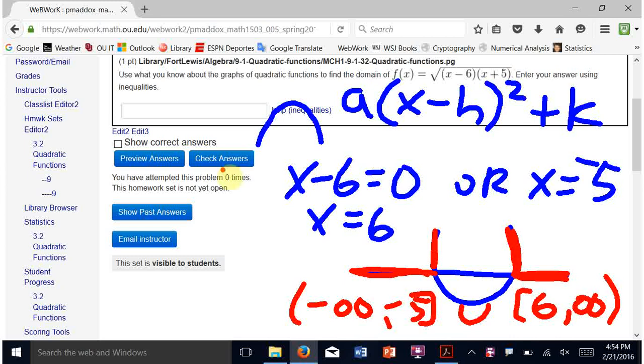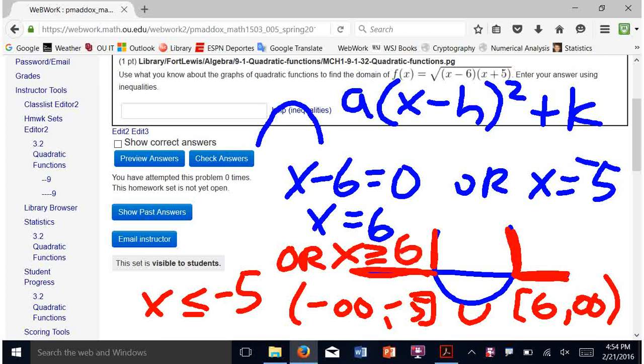And they'll ask for inequalities, so as an inequality, it would be something like x less than or equal to negative 5, or x is greater than or equal to 6. Something like this. You might have to enter it a few times to figure out